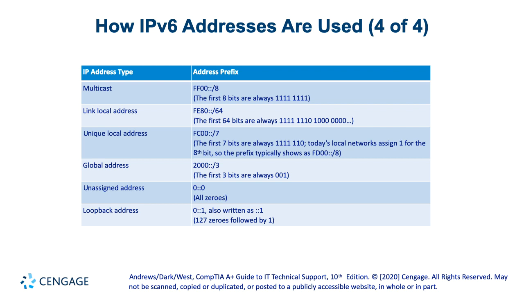So as I said, technically the unique local is FC00::/7, but today the local addresses will usually show FD instead of FC. I mean, it can start with FC, but nowadays it's FD. The global addresses can be 2000s, and